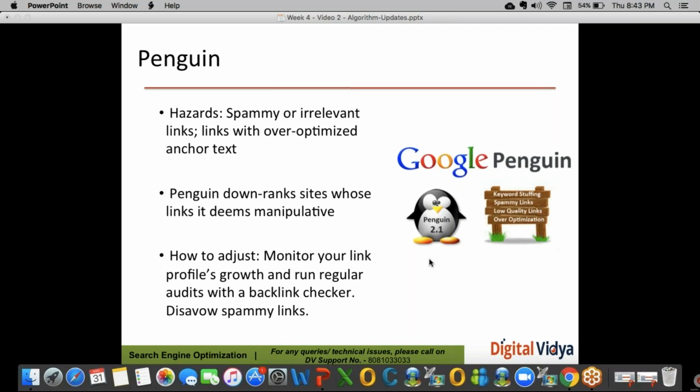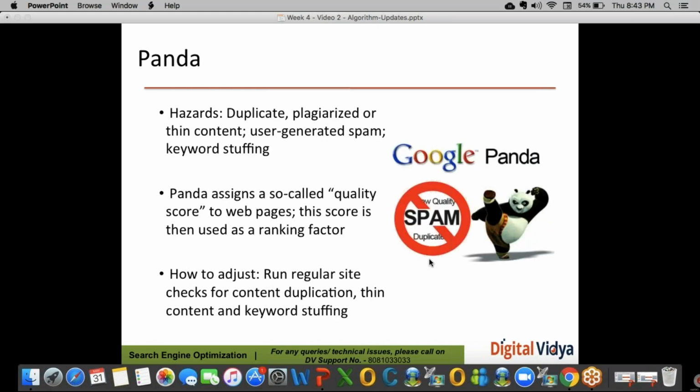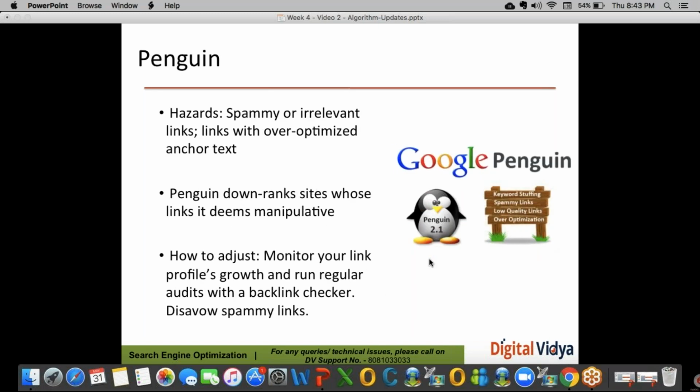So there is a question to all of you. If you have analyzed or observed Google Panda and Penguin, from which topic can you relate Panda and Penguin? Out of the entire SEO, which is the topic you can relate with Panda and Penguin? Concept wise, can anyone answer this question?